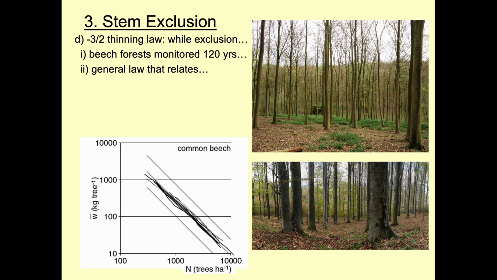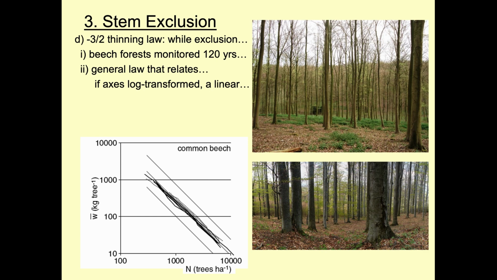Now, a general law has been found that relates the size of trees with the number of trees in a stand. So basically, if you plot the log transform number of trees on the x-axis, and again, the log of 10 is 1, the log of 100 is 2, the log of 1,000 is 3. So if you plot the log transformed numbers of trees on the x-axis and the log transformed average weight of individual trees on the y-axis, the slope is typically